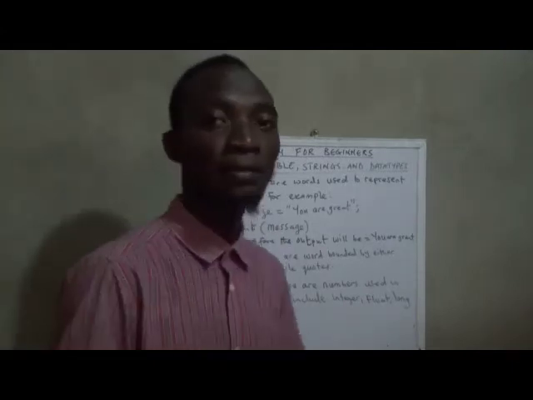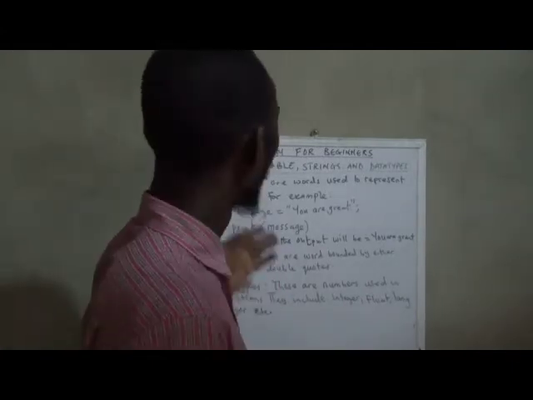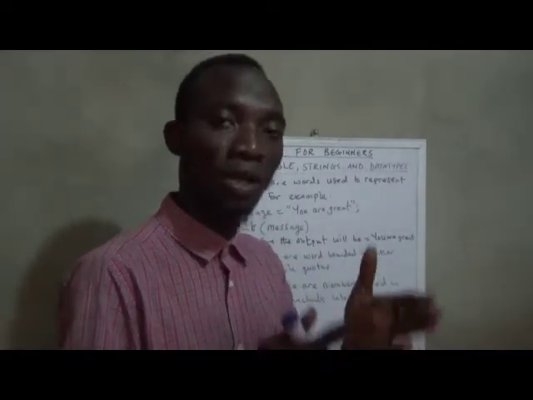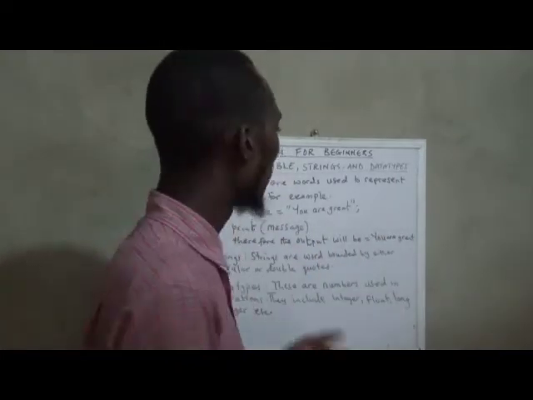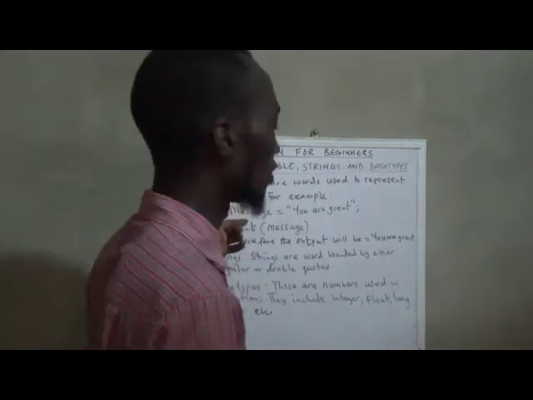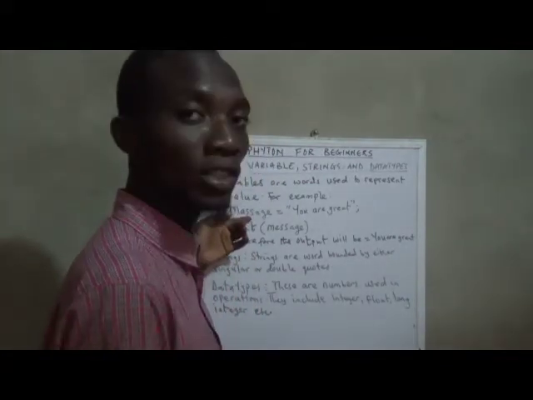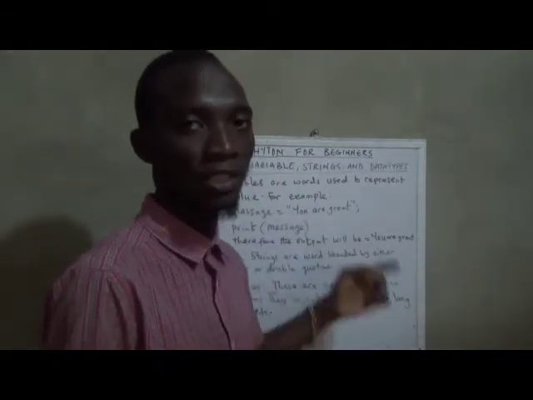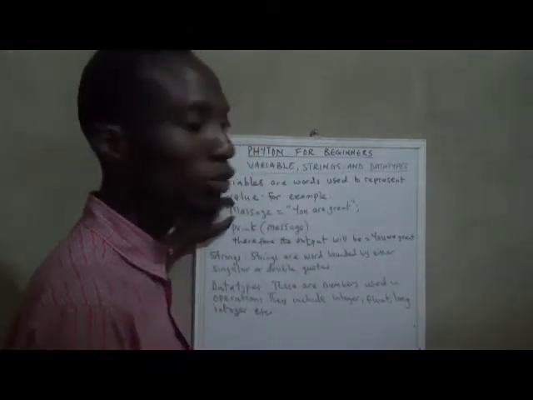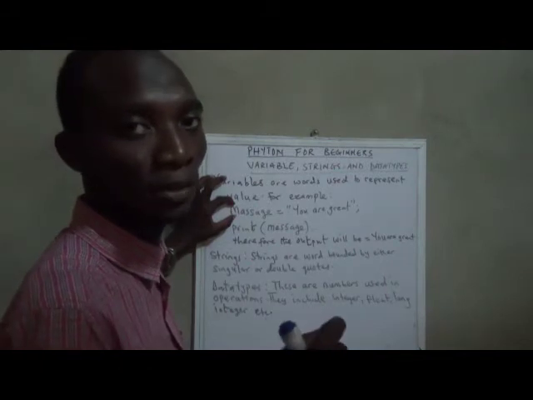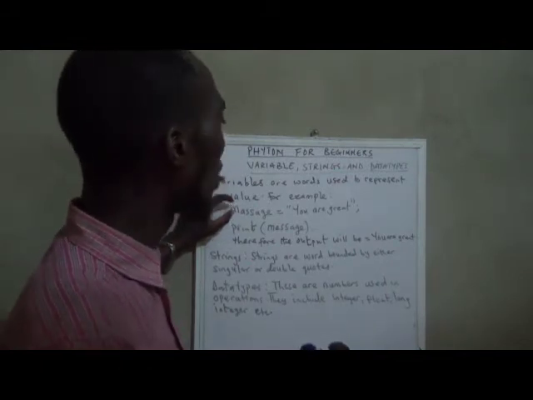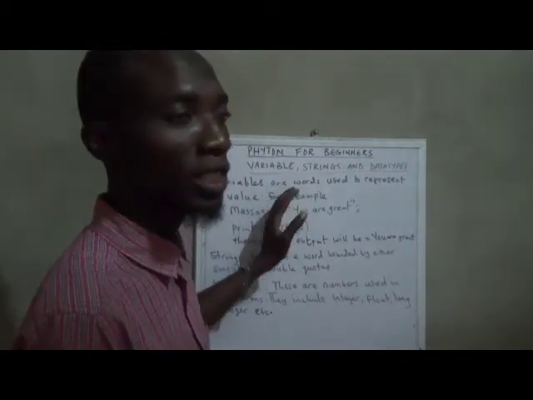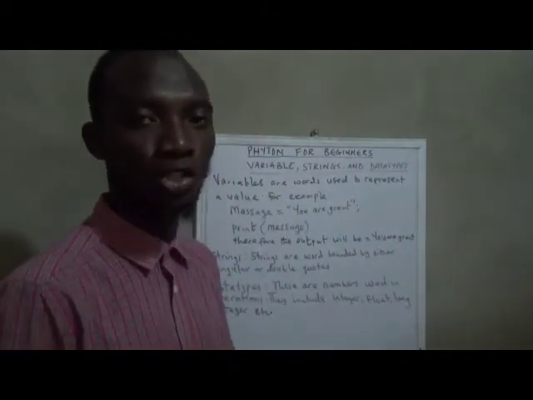Now, what do we mean by the values? For example, we want to display a variable and also the value. Now, in Python, we write messages. For example, we have message equals "you are great." Now, this message here represents a variable. This is what we call a variable,